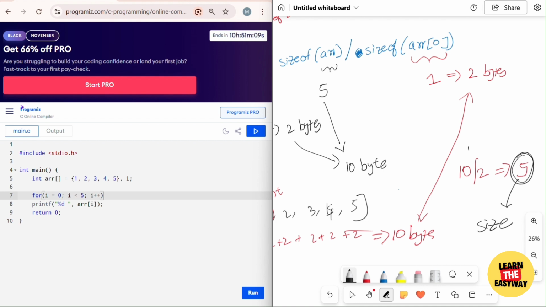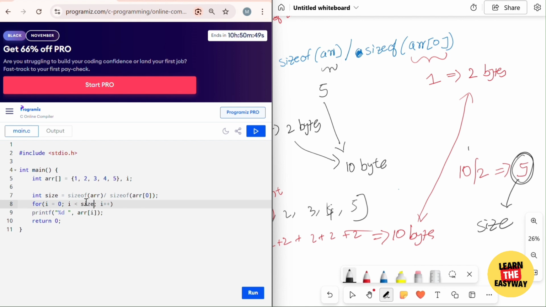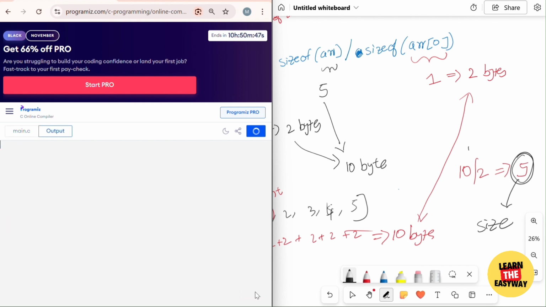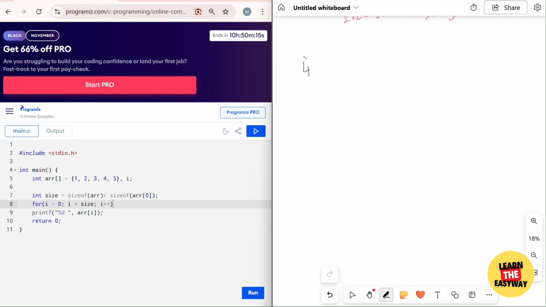Cool. And we can use this formula here. size equals sizeof array, sizeof array of 0, and then I can simply give size here. Let's check it out. And yes, we are getting it. And our fourth method is